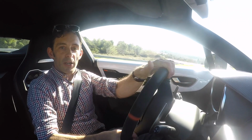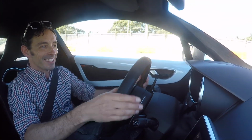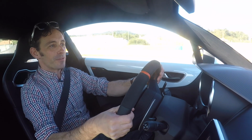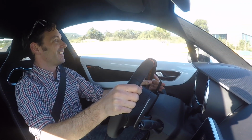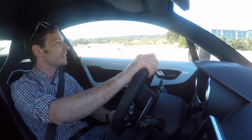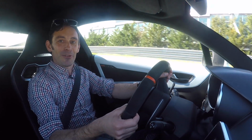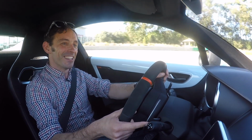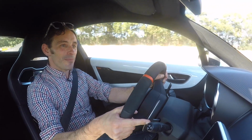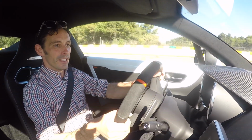I'll try and give it another little bung here. There we go. I mean, it's not a natural drift car, but it does have some mobility. One of my colleagues there has just had a little spin. A bit too much mobility in that case. But even when you overcook it, it's a car that's kind of...